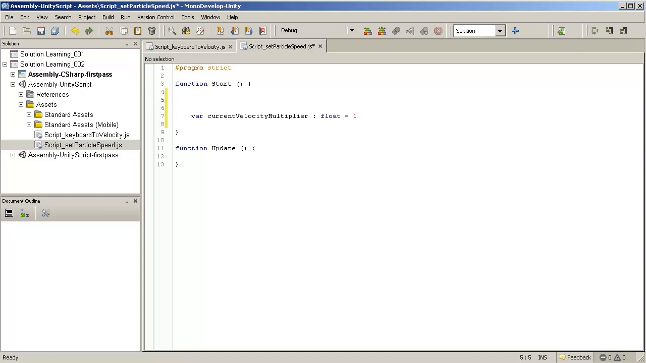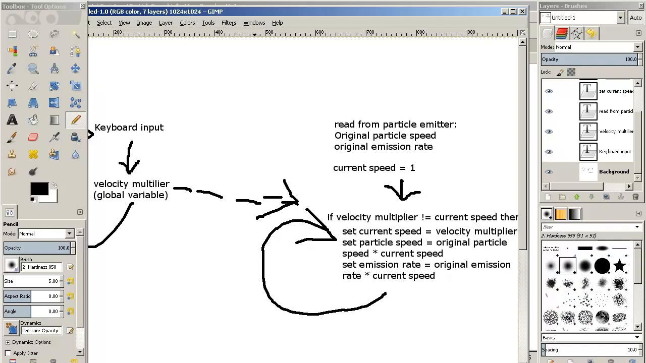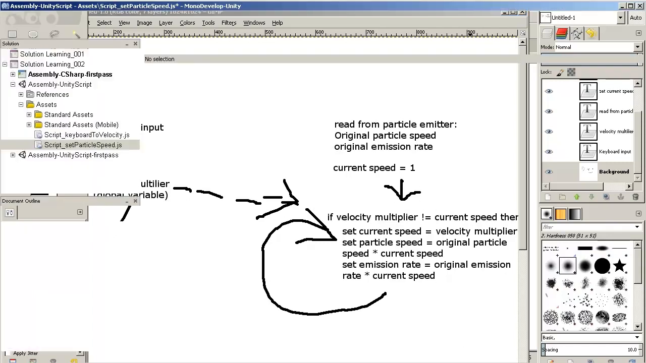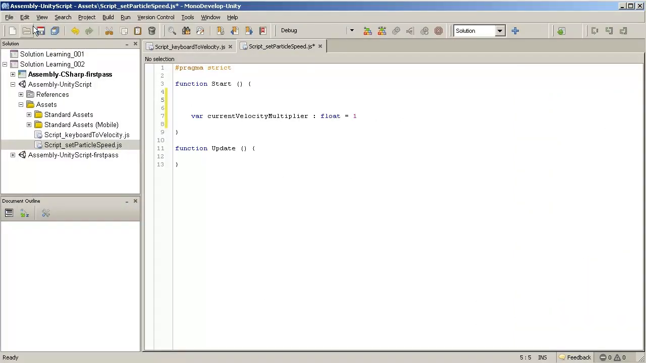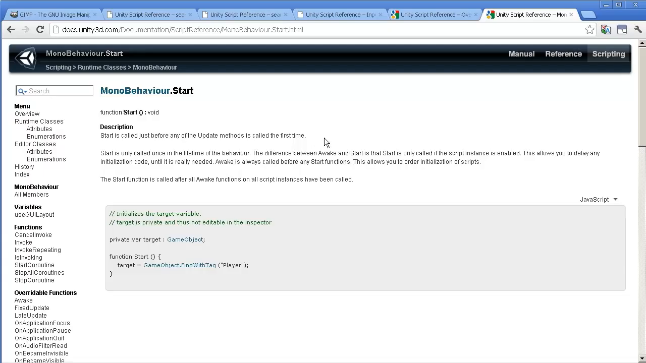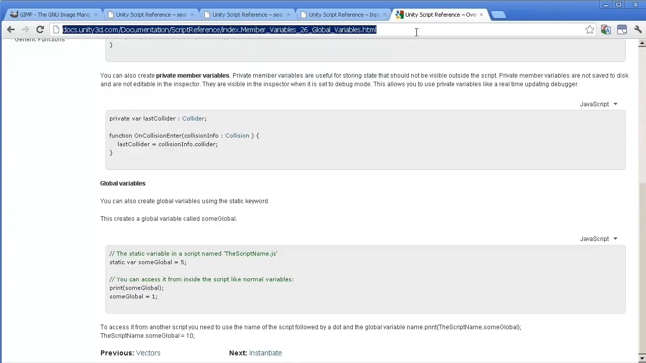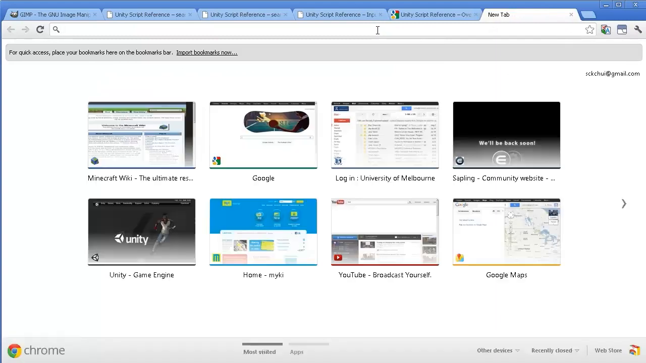Okay, now we need to read from the particle emitter the original particle speed and the original emissions rate. How do you read something from an object? Should I just type that into Google? Is that gonna work? Unity reading variables from